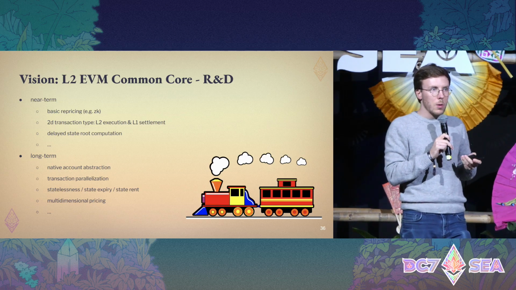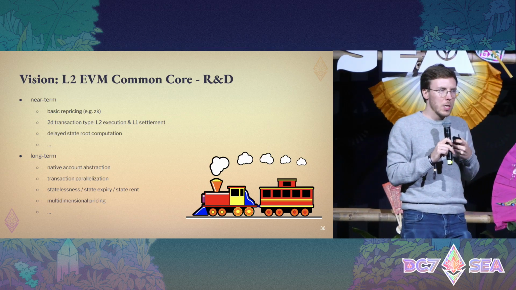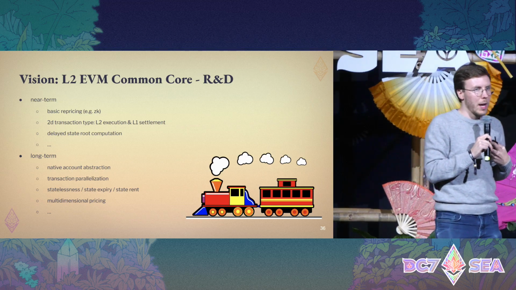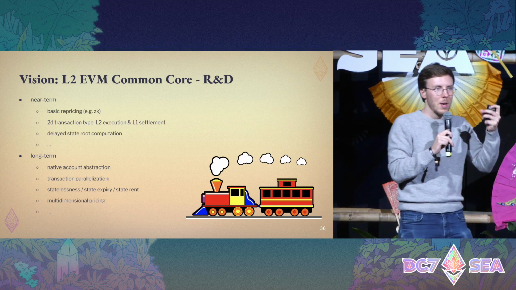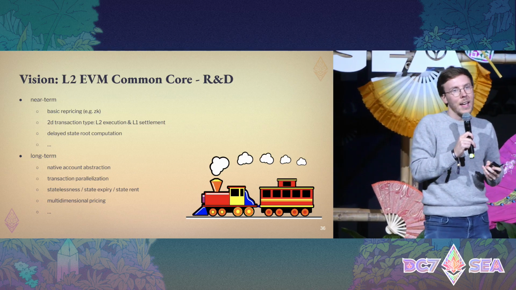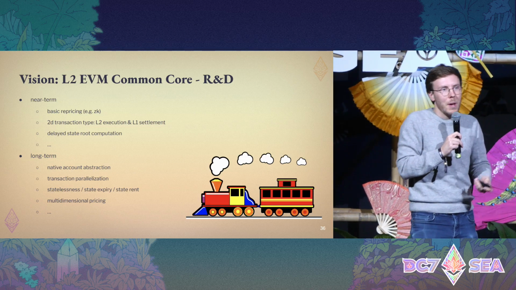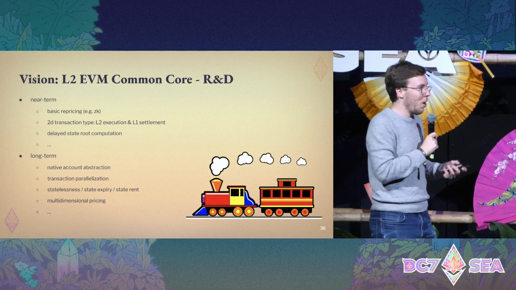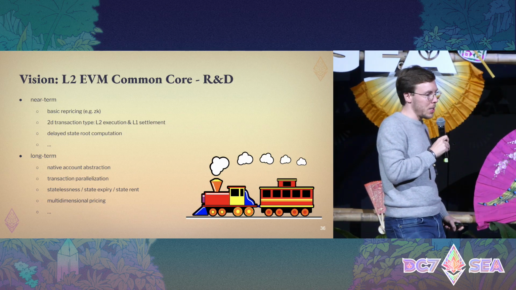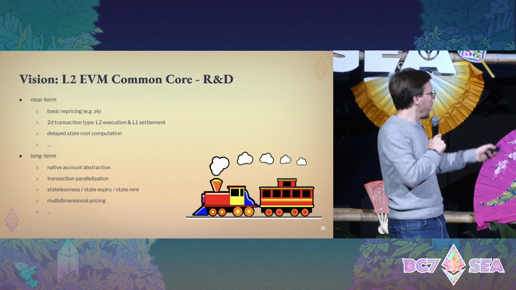Right now, the way L2s charge users for the settlement cost differs from L2 to L2, which doesn't make for great UX. I sent a transaction on Optimism once, and my wallet said, at most it's going to be 1 cent. I sent the transaction, and it was 10 cents. I mean, it's still only 10 cents, but imagine if that were a factor of 100. All of a sudden it would not be so funny, and that doesn't work. So having a native transaction type for L2s would actually be quite nice.